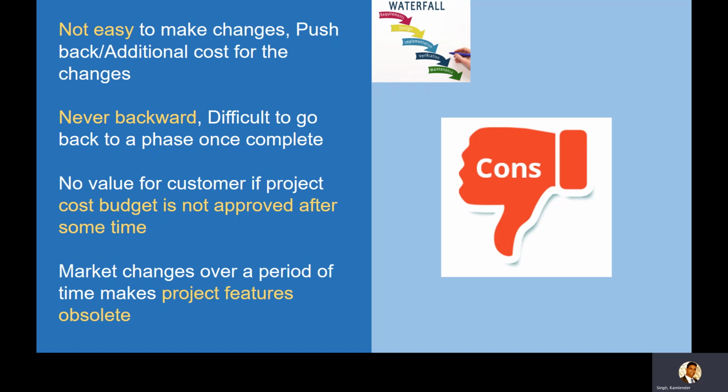Never goes backward. Once you have done the development, and if you want to make changes, it's not that you can quickly go back to requirement, quickly go back to design and change it. It needs a change request. You go back again, analyze the requirement, do your design, and so on and so forth. What would happen if in the middle? I have talked about that a little bit in my previous video.